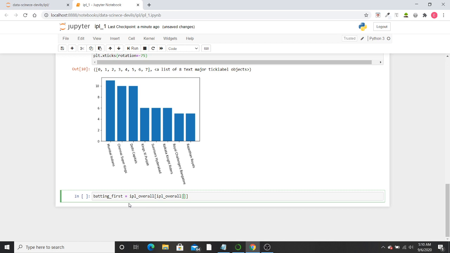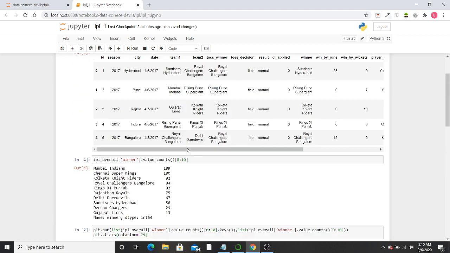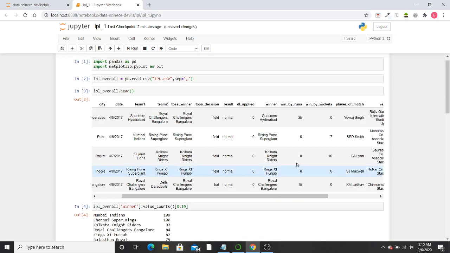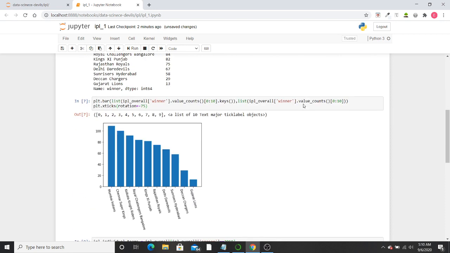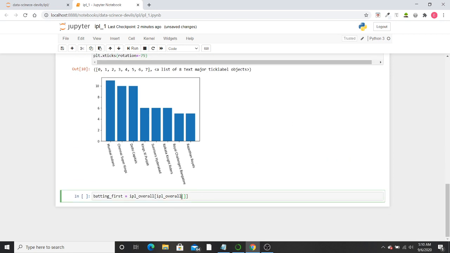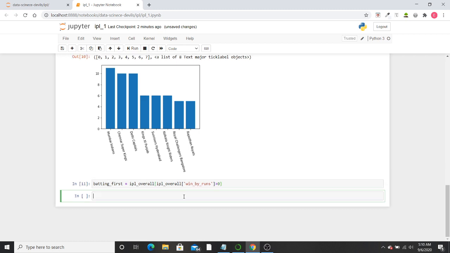The number of runs they are winning by should be positive. So what's the column name for that? It's win underscore by underscore runs. So we'll copy this also. Inverted commas, don't forget that. Paste it here and we need it to be positive. Save it.